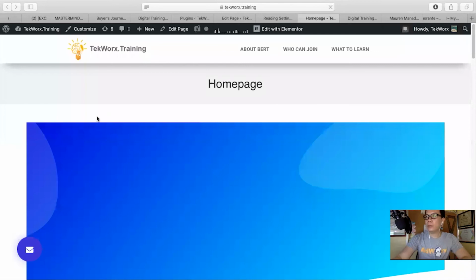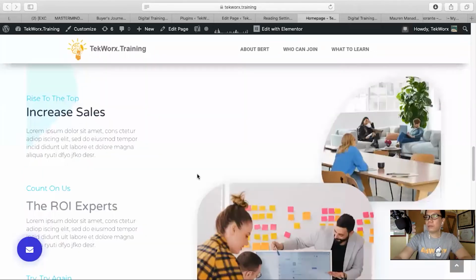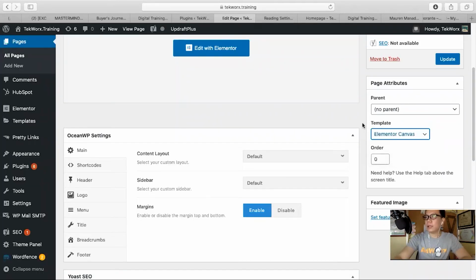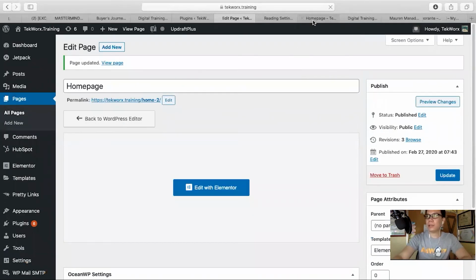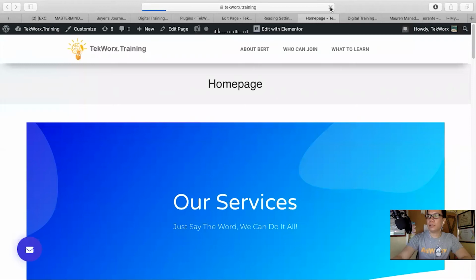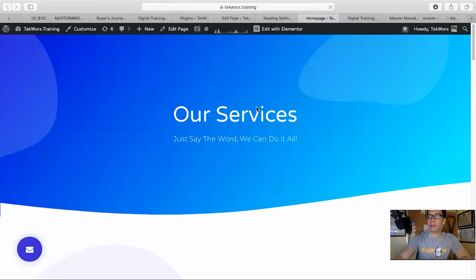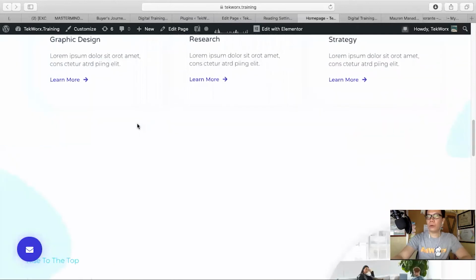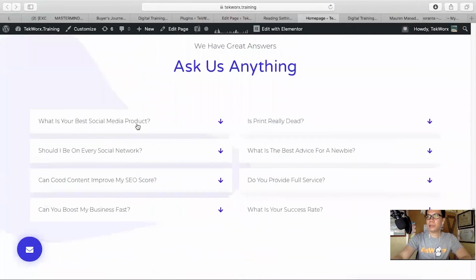So ideally, we wanted to remove everything, maybe including the header. So let's just use Elementor Canvas. And once you have that set as Elementor Canvas, you can update the page. And once updated, you can then refresh this one and see how it looks this time. So there you go. It looks like that. So that's it. You already have a nice looking page